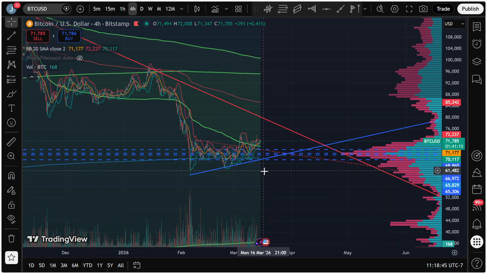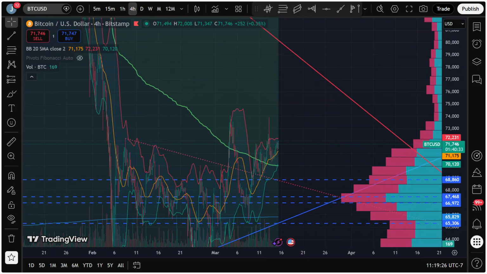And again, that's primarily the story: you've got to think about each one of the bands like a magnet. So if we get to the magnet, we stay at it for a little while and then realize we have an opposite charge, it's going to head back towards that other end that we're now polarized towards. Whereas if we stayed here for a long time, eventually it is going to push down towards that lower one. And what I really think is going to happen is we're going to see a rejection off of that top one, which again, I don't think we're even going to get to. I think we're going to get to the middle band of the downtrend anchor VWAP at 85.4-ish, and then continue failing downward, I believe.